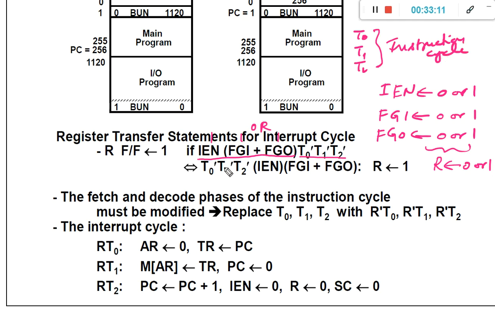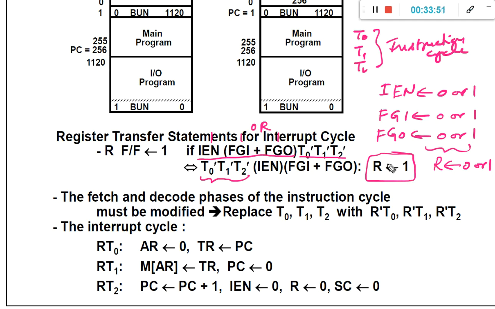So that is why we are saying that in the other timing signals, that is T0', T1', T2', the ones not related to T0, T1, T2, if IEN(FGI + FGO), then we are going to set the R value to 1. What is R? The interrupt flip-flop. So we are going to set the interrupt flip-flop to 1.